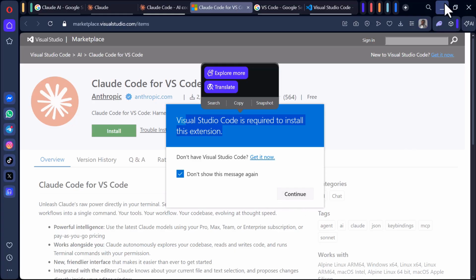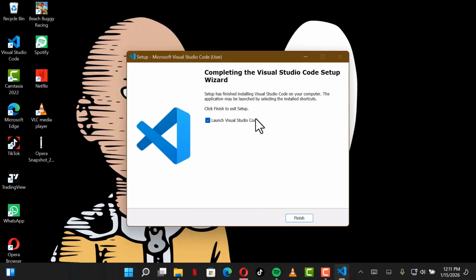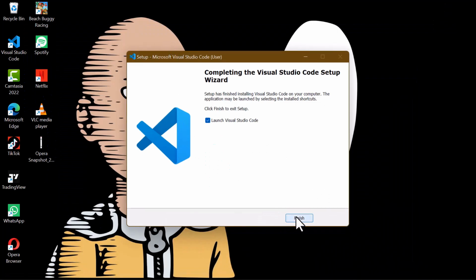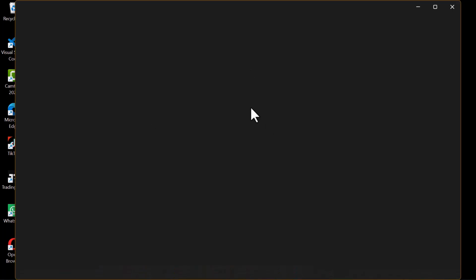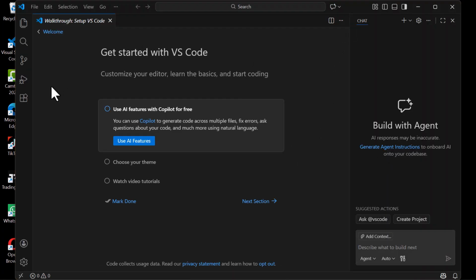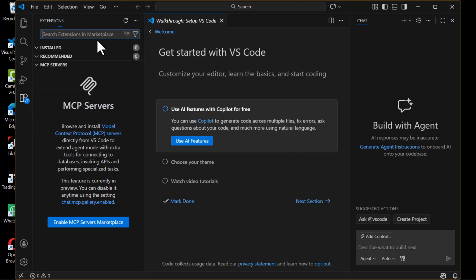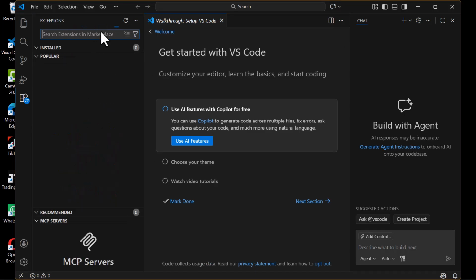Now you can do this using this method, or you could do this via VS Code itself. So let's go ahead and click on finish. It's going to open up VS Code on this computer. And once it has opened up, let's click on extensions here. Then you can search in the extensions marketplace for Claude Code. So go ahead and search for